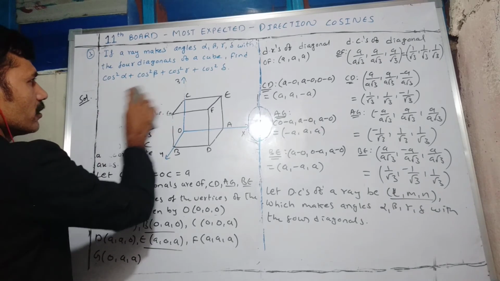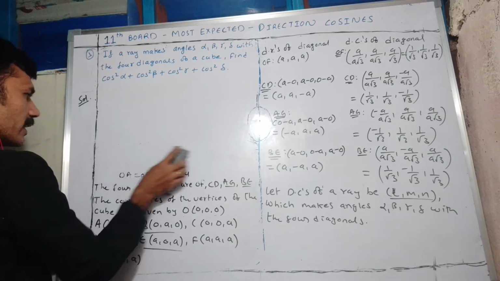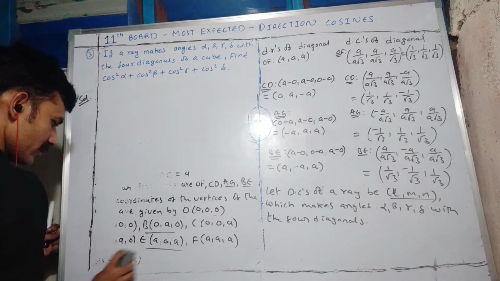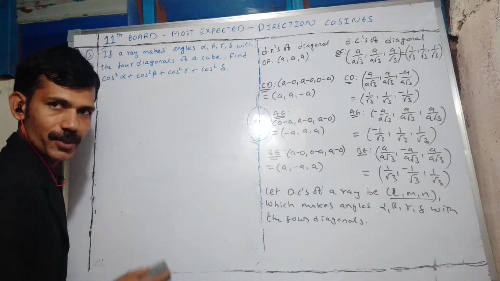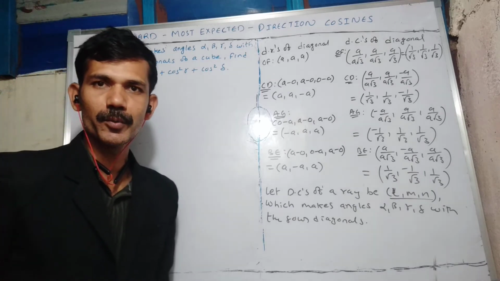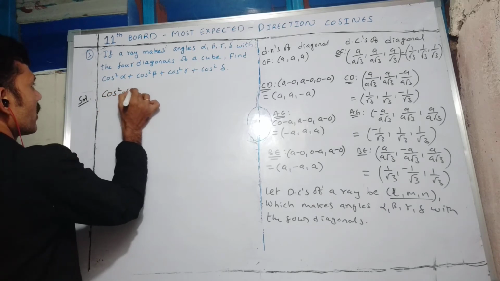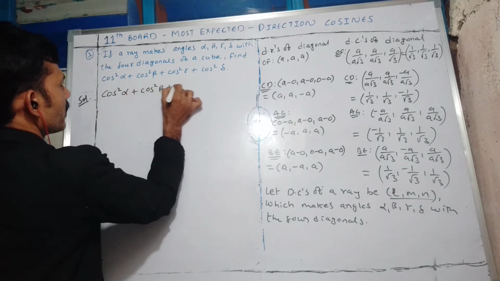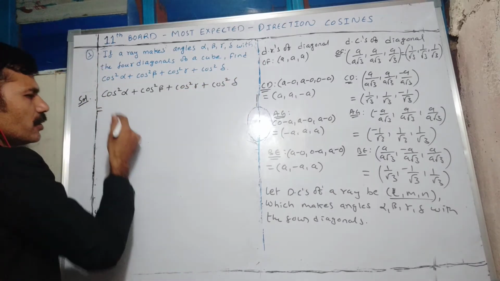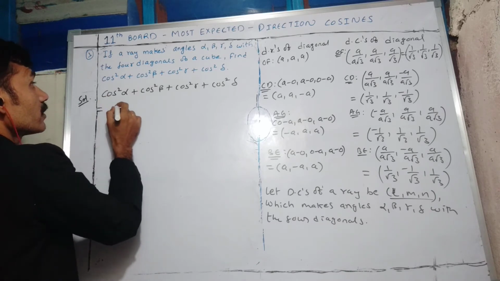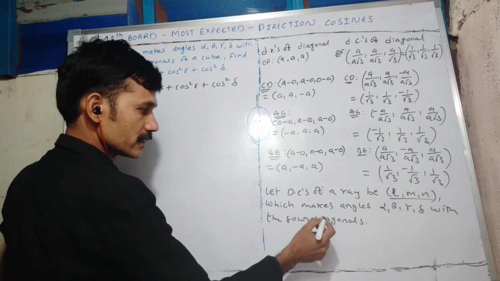Okay, up to here clear? Now we have to find this. How will you find this angle? We told that when direction cosines are there, how will we find the angle? Cos inverse of modulus of L1 times L2 plus M1 times M2 plus N1 times N2. So now we will find this: cos square alpha plus cos square beta plus cos square gamma plus cos square delta. Directly we will find it here. Individually we can do it, but it will take long. Okay, alpha means this. It is making an angle with which of the four diagonals?